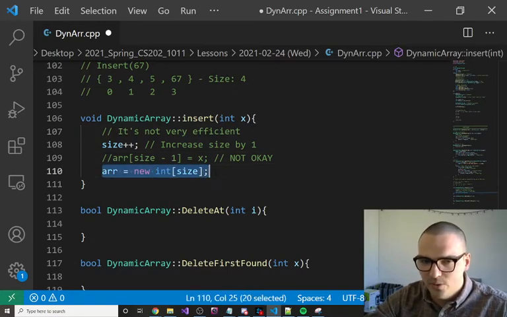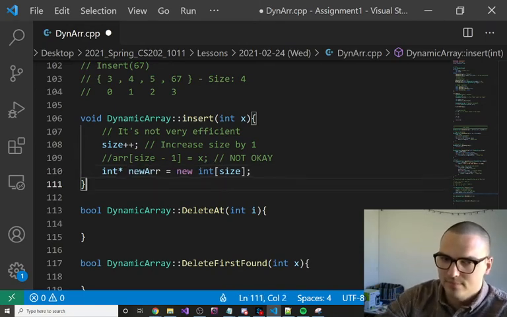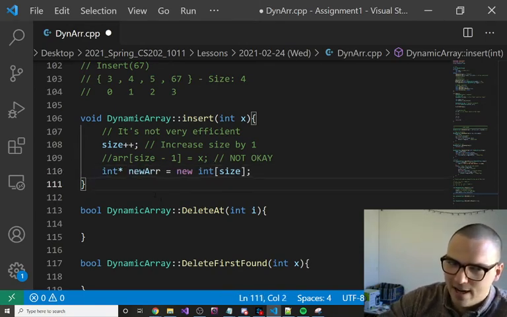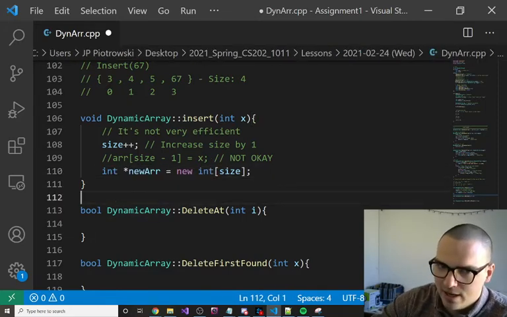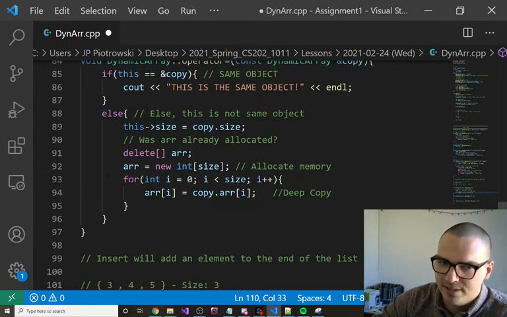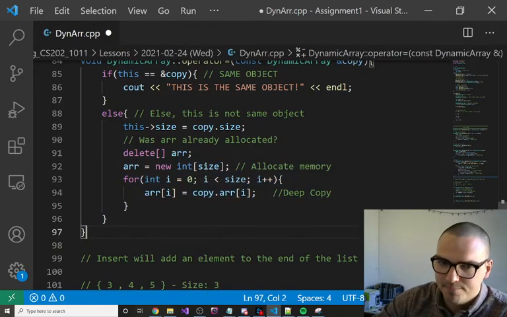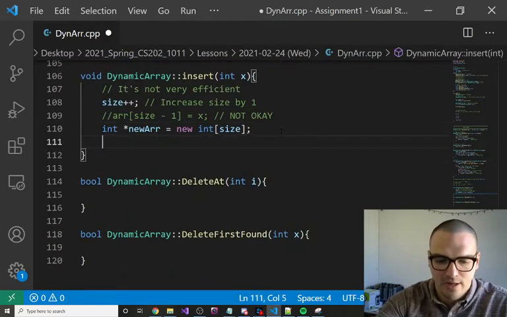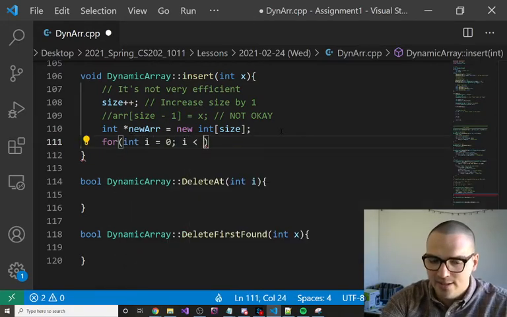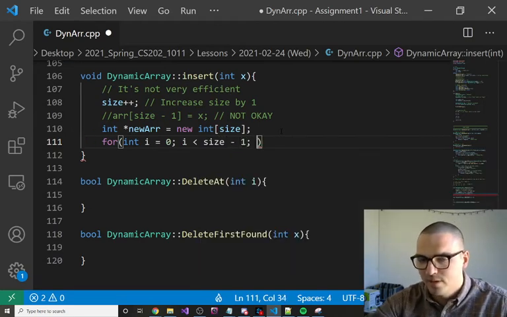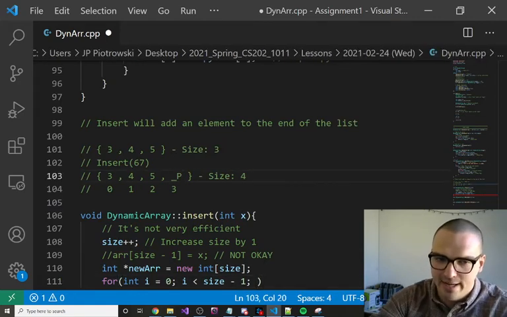The first thing we need to do is we should make a brand new pointer. Say new int, new array here is now equal to this other array, right? And now we're going to take some same steps here, where we just copy it over. We're going to do a deep copy. So what do I say? For int i is equal to 0, i is less than, I'm going to say size minus 1, right? Because at this point, assuming that this new array is empty,